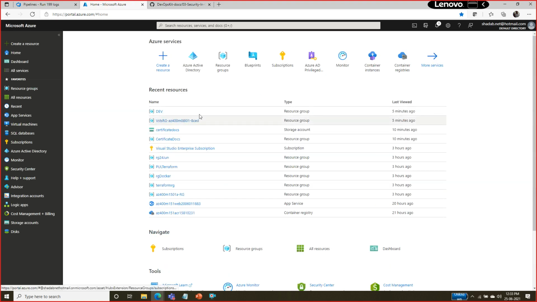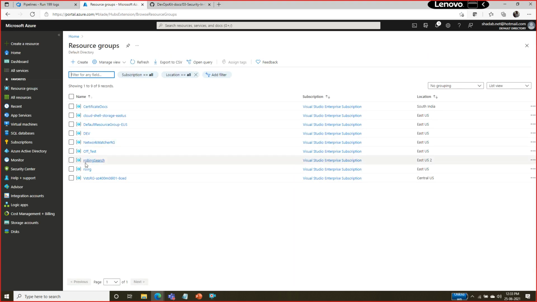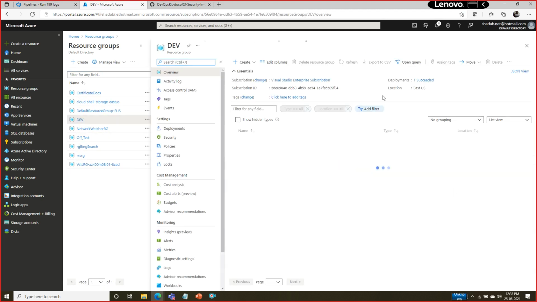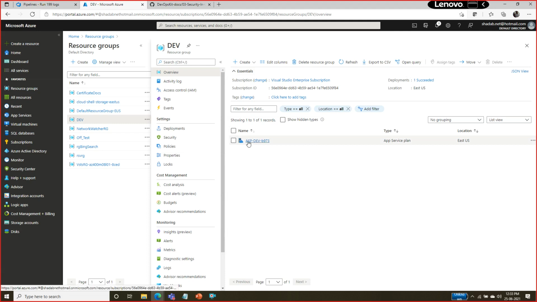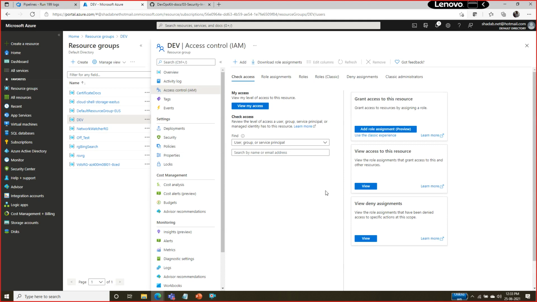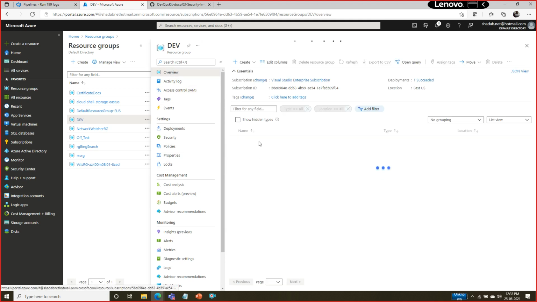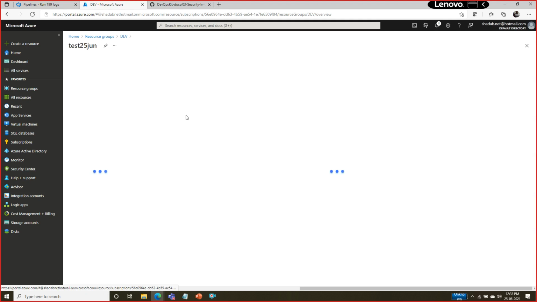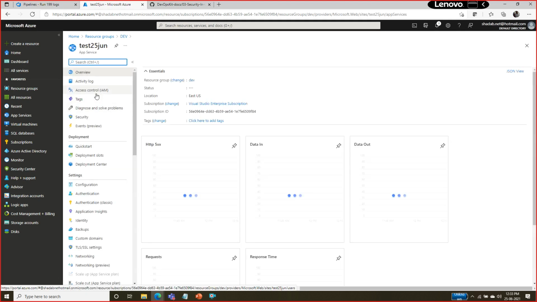Okay, even you can have those resources assigned at your resource group level. You can see here resources are getting created because that guy has initiated that, and that guy is a contributor for me. He can go and create, delete. He will be able to do the activity here, and you can manage those resources at resource group level. Even if you go inside the resources, on the resources also you can assign role based access control.